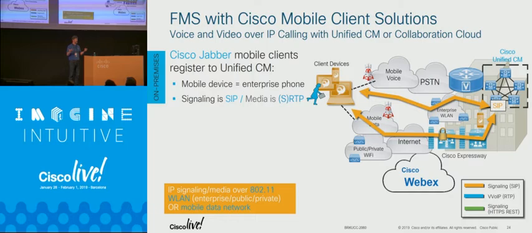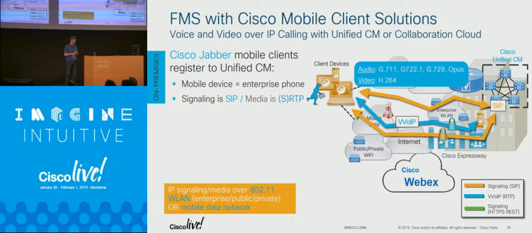So I want to jump in here and talk a little bit in detail about what we're getting with Cisco Jabber and these mobile clients. As I said, the big thing that everybody does this for, fixed mobile substitution, is really the ability to allow enterprise calling, in this case voice and video calling, from that mobile device. Our Cisco Jabber clients are going to register to Communication Manager just like a regular hardware endpoint. Signaling is going to be SIP, and our media is going to be SRTP or RTP, depending on whether we're doing secure or insecure. From a codec perspective, we do G711, G722, G729, and Opus, and our video codec is